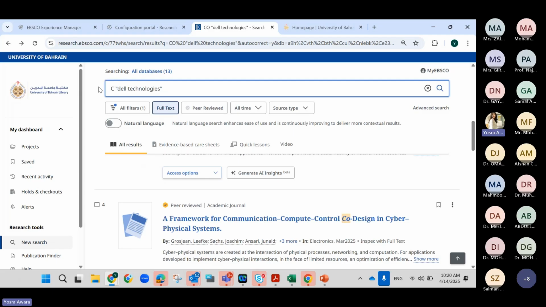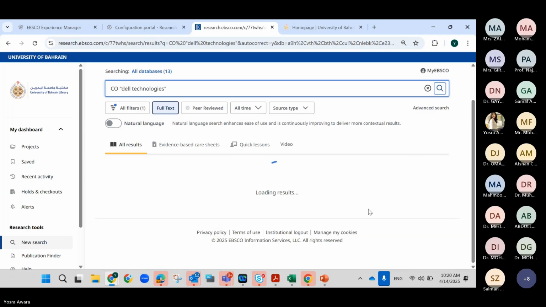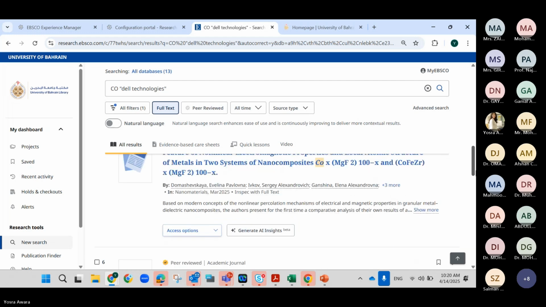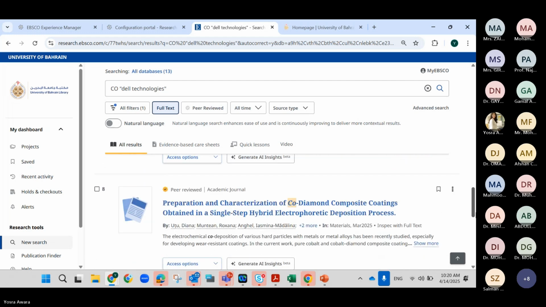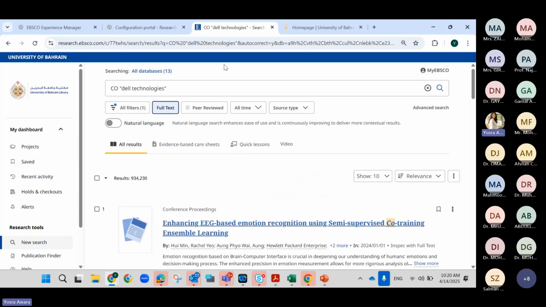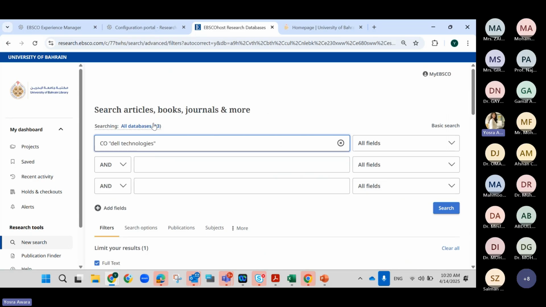Because for some reason, EBSCOhost didn't catch that we are now invoking CO as a field code, not as a keyword. Hmm. Yeah, that's weird. So I'll just check that with the technical team because optimally, what would happen, like if I would return my search,